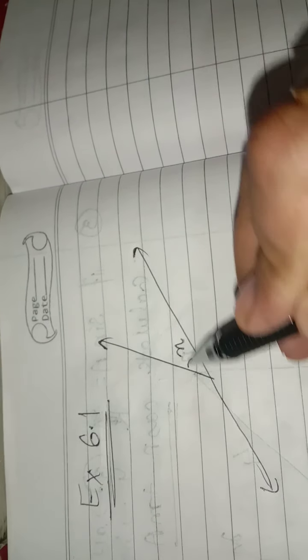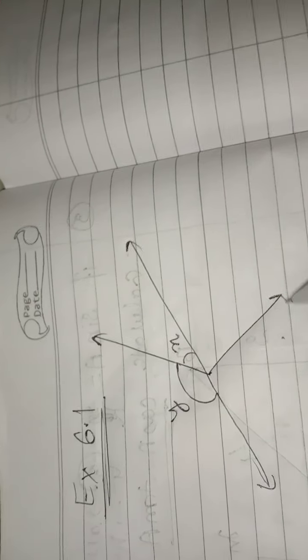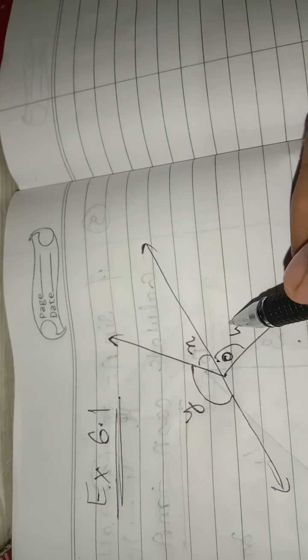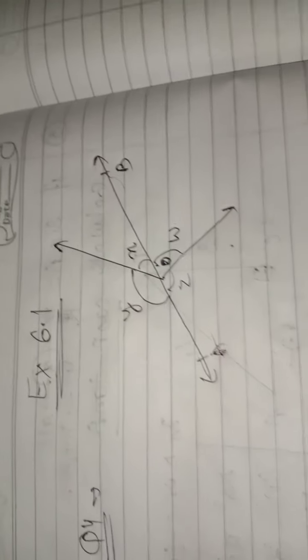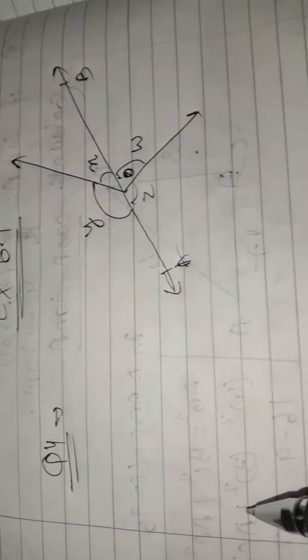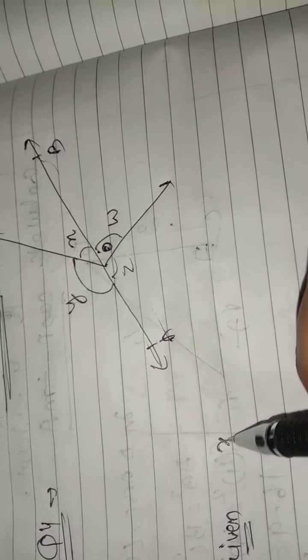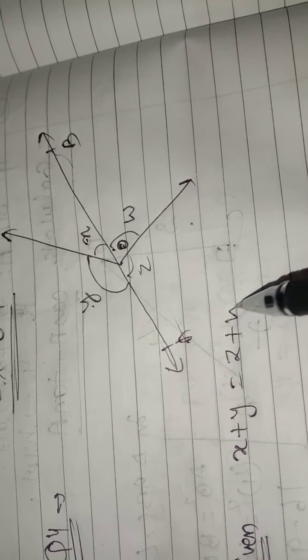Here it is x and here it is y. One more line is somewhere here. It is O. It is angle W and it is angle Z. Now we have to prove that AOB is a line. As I told you earlier, whenever you are going to solve some numericals in terms of if-then, first of all we write here given. What is given to us? Given that x plus y is equal to z plus w.